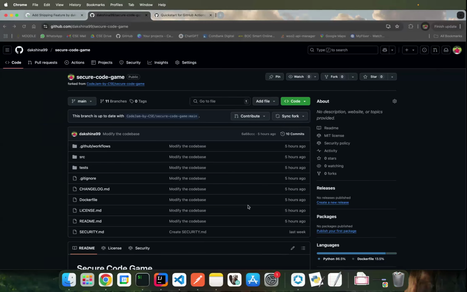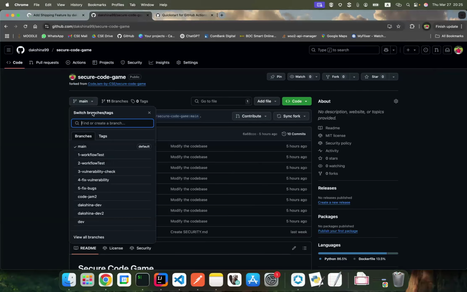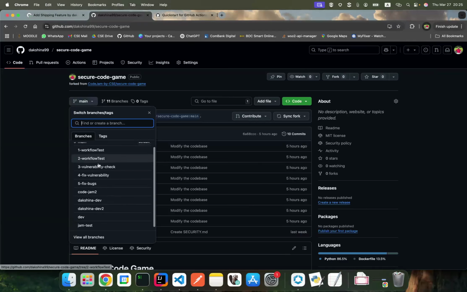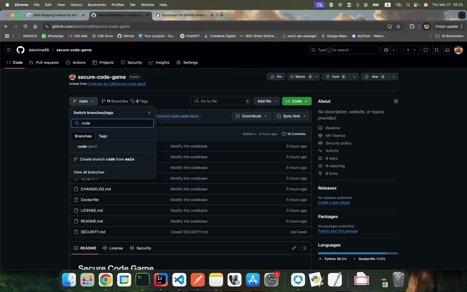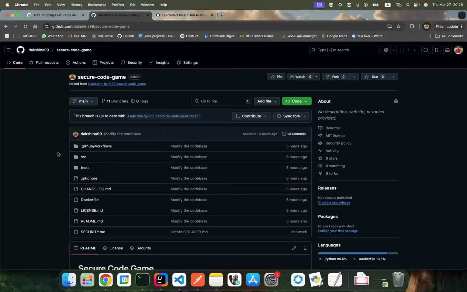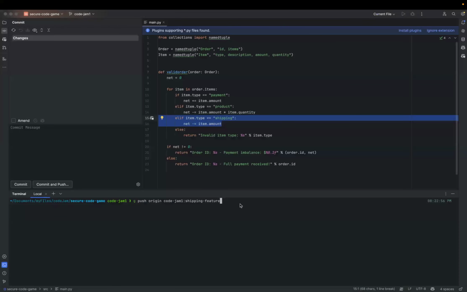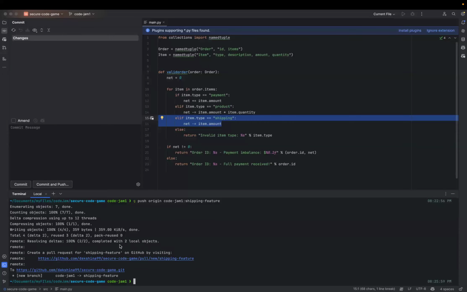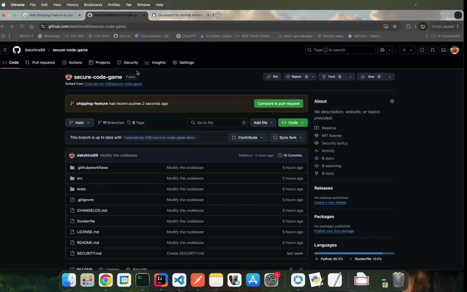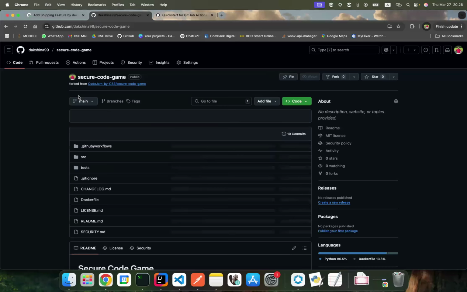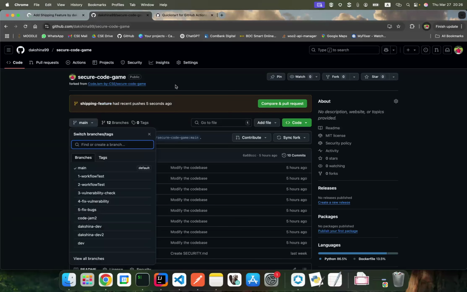Okay, now you can see here, CodeJam 2 is here, CodeJam 1 is not there. Now when I press enter here, all the changes are reflected here, and you can see in this notice as well.